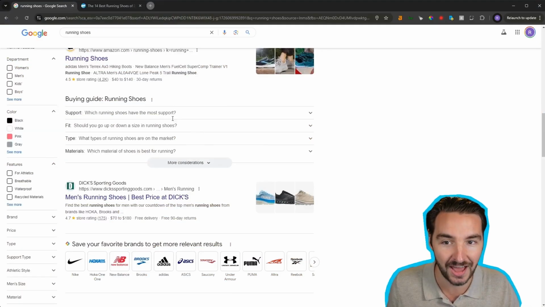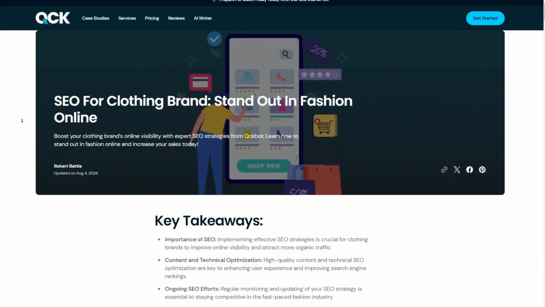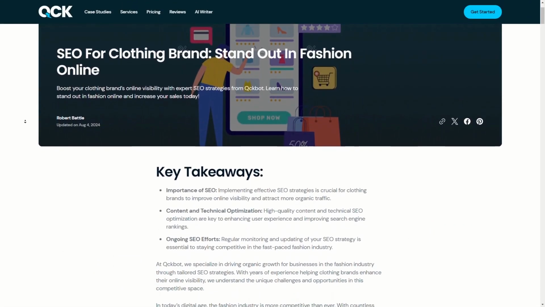But to do that, we have to start by building a better content plan. That's exactly what Google wants us to have. They want us to help educate their buyers and have all that information found in one easy to read spot on the page. And when you build your content plan like this and you ultimately build your content itself based on the data,